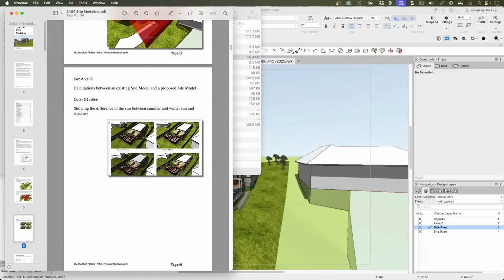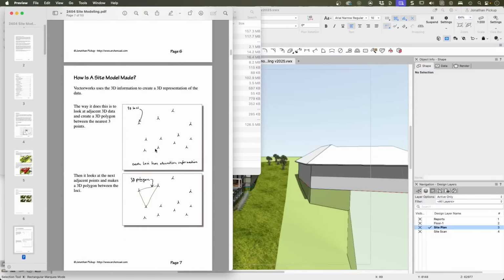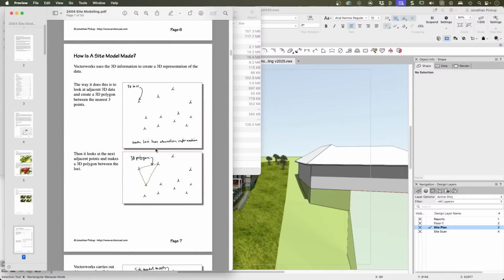We can use it for cut and fill calculations, but the big thing is to understand how a site model is made. That allows us to understand what we can expect from a site model and what we can't expect. So if we have a look, the idea is that we need some 3D data to create a site model. So the first thing is that we need to look at